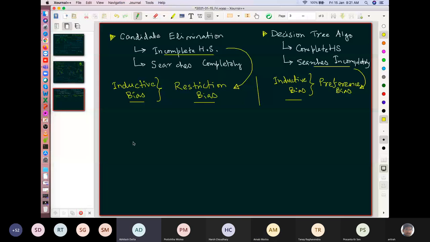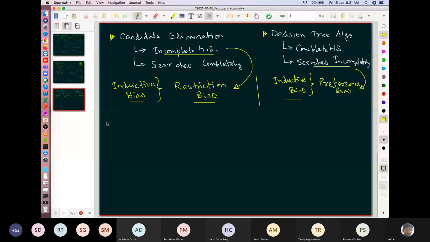Can you repeat this inductive bias? Okay. So first of all, what is bias? Bias means that you cannot learn from an infinite number of possibilities. It comes from domain knowledge of the problem that you are trying to solve. That is what the term bias means in machine learning. So you have to provide the machine a little bit of domain information, or bias it a little towards selecting some